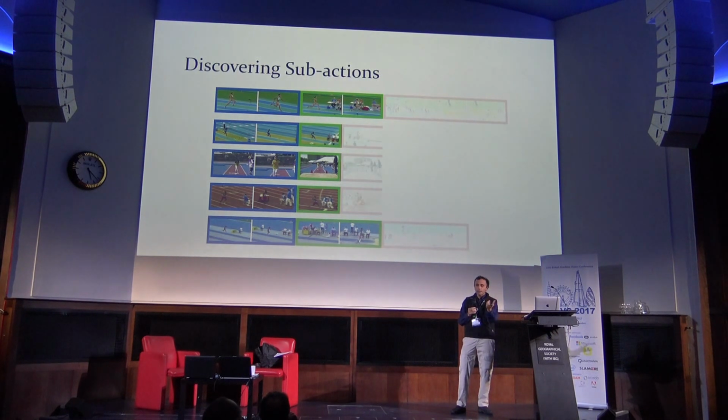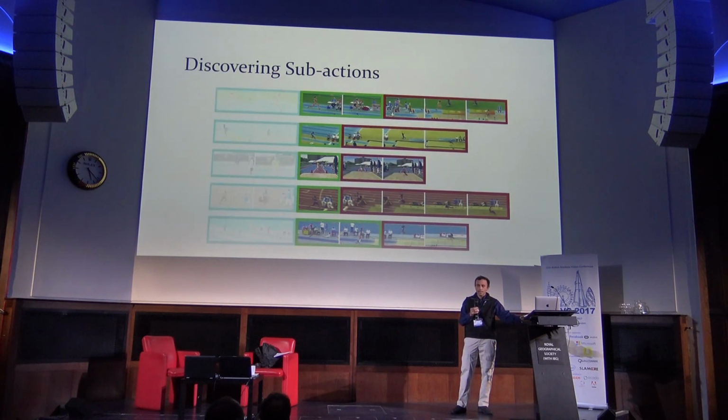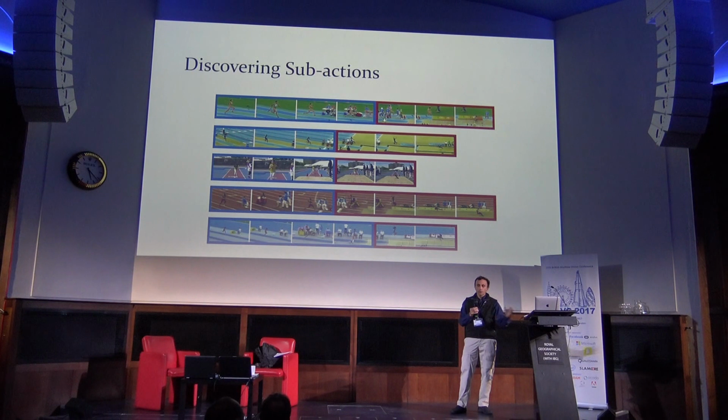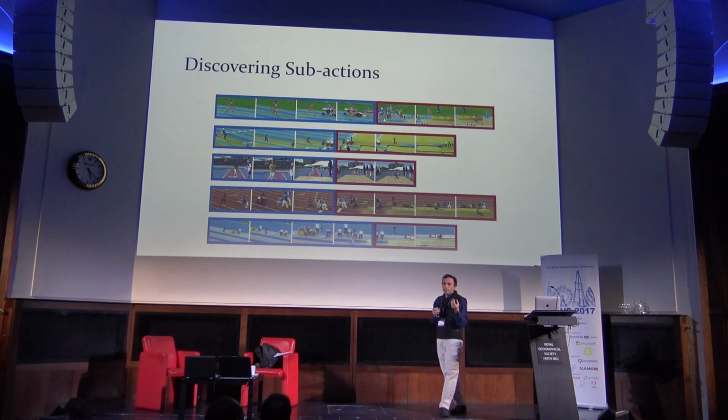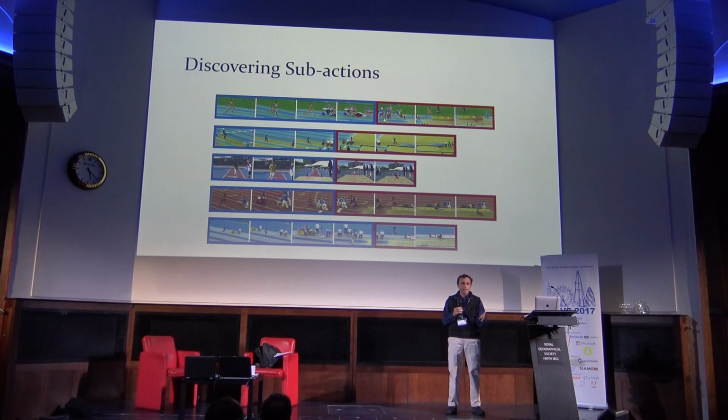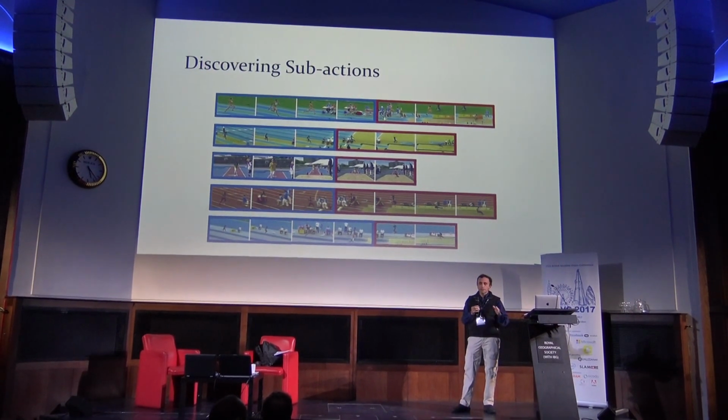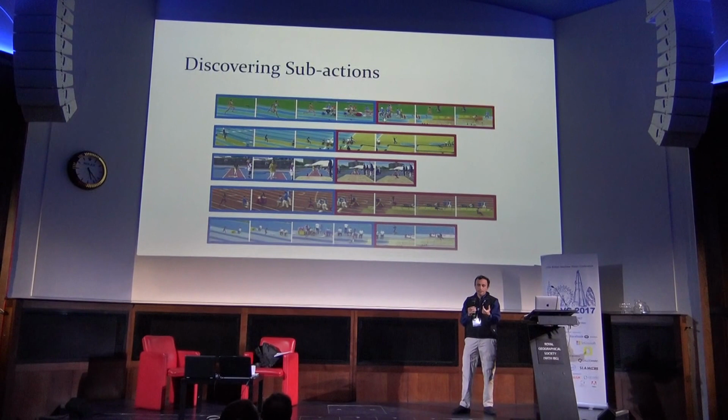So what you do, you look at adjacent pairs of these parts, and similarly on the other side. And then from that, what you can do is cluster together the parts that look similar across the various instances of that action. In other words, that helps you understand that for an action like long jump, all the approaches look somewhat similar, whereas the jumping part looks similar across the instances. And once that's done, you can start training the initial models for that subaction itself, treating this as kind of pseudo-label training data.